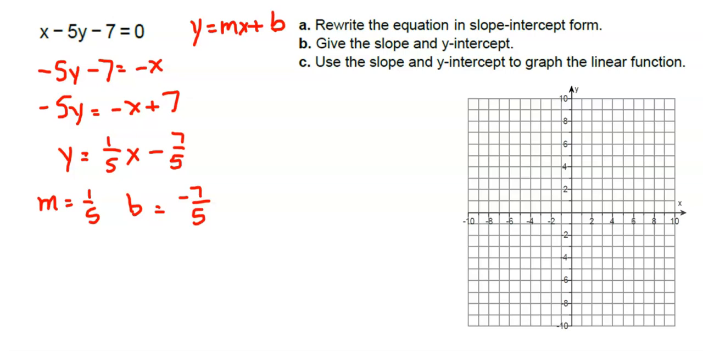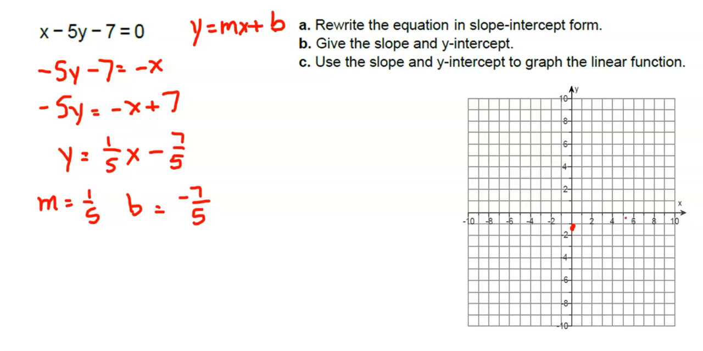Finally, we're asked to use that slope and y-intercept to graph the function. We'll start with the y-intercept, which is negative 7/5. That's just a little bit below negative 1 on the y-axis. Since the slope is 1/5, we can go up 1 and over 5 from that point to find a second